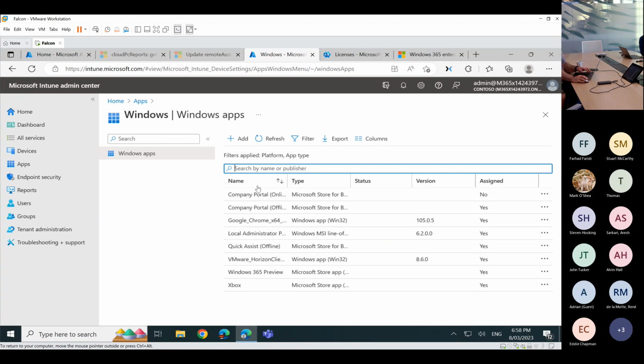I'm delivering that browser as a Win32 app onto the Windows 365. I also have a few other things, like the Windows 365 app, which back in the day was in preview. Now it is GA, as I told you last week, it's got GA. These are the applications that I was trying to deploy.